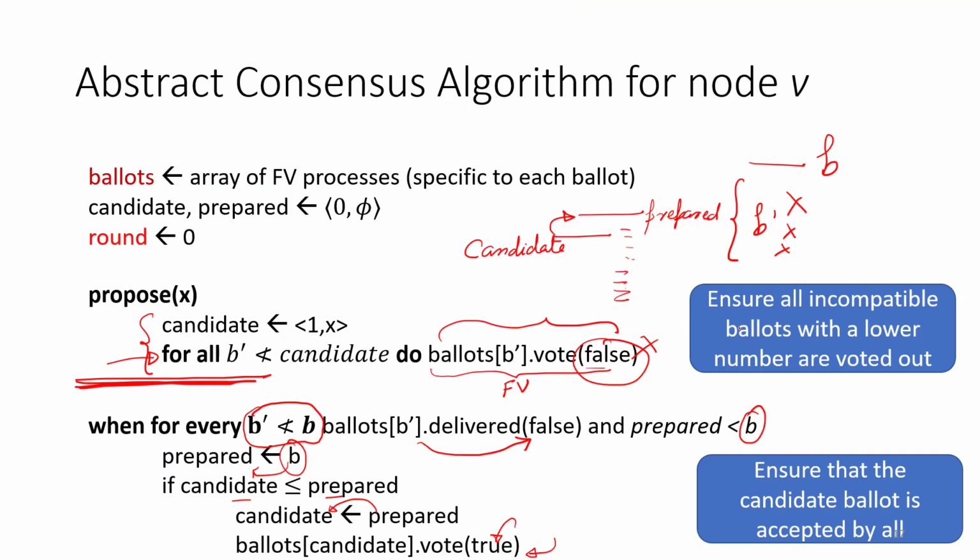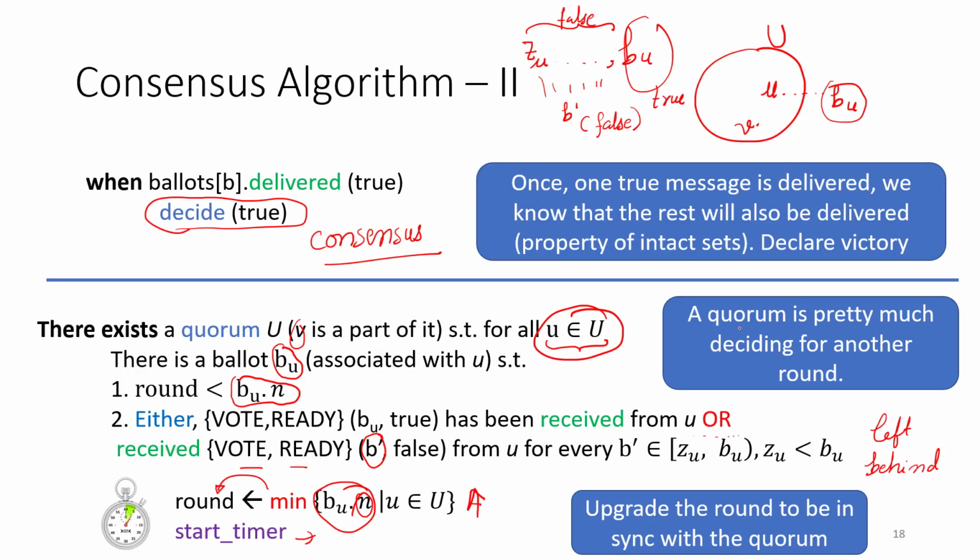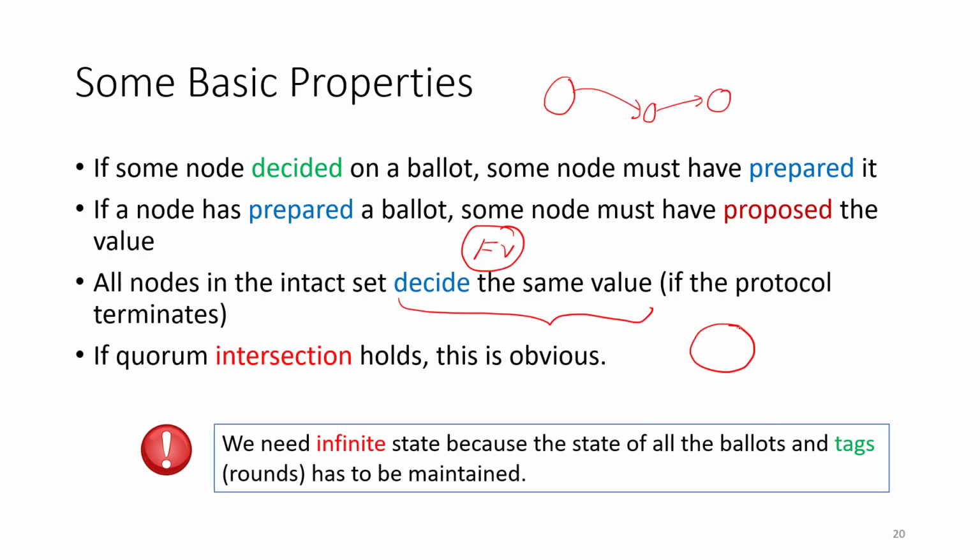So basically, the key point here is actually quite clear, that for any node, the information flow is maintained. And so I'm not discussing the timeout, etc. But given the fact that quorum intersection holds, it is quite obvious that the single correct node that is there will not give confusing messages to both the quorums that it is a part of.